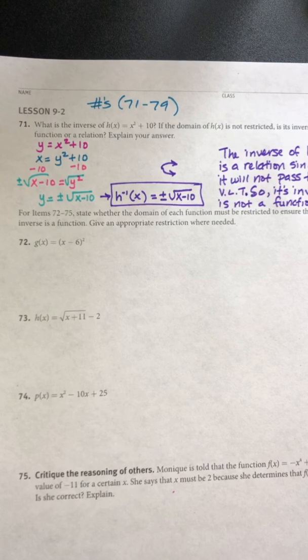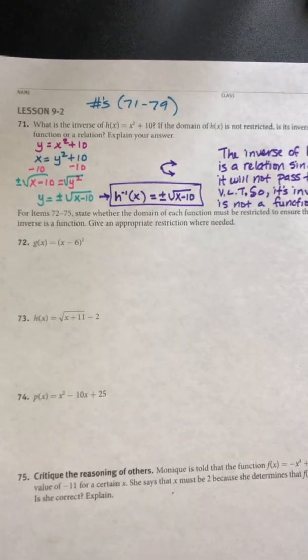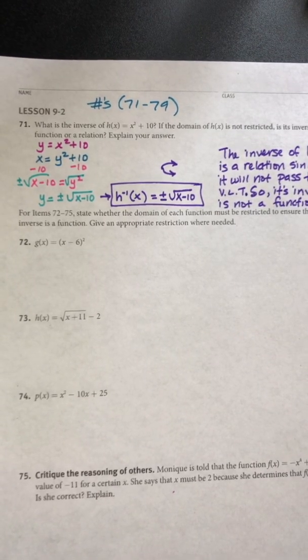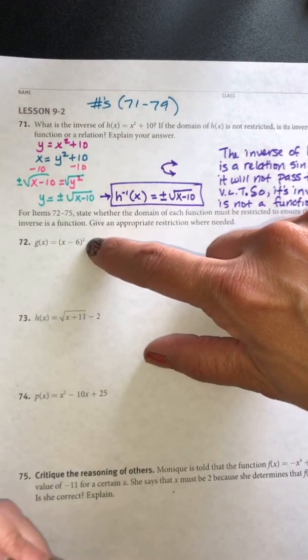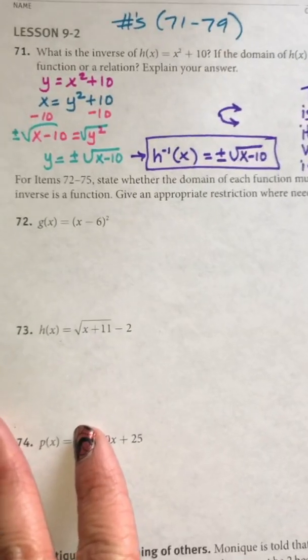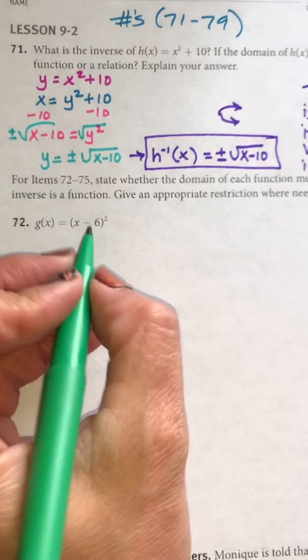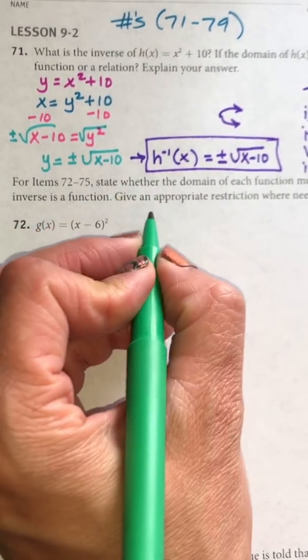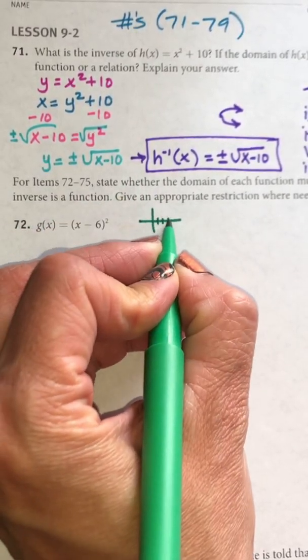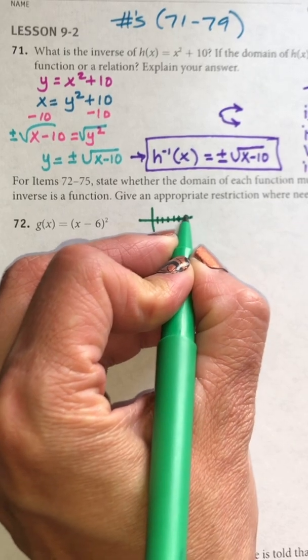All right, number 72 says to state whether the domain of each function must be restricted to ensure that its inverse is a function. Give an appropriate restriction where needed. So number 72 is a parabola because it's to the second power. Let me zoom in a little bit. And we know this is a parabola shifted to the right 6. So if I were to do a quick graph, 1, 2, 3, 4, 5, 6, this parabola would be right